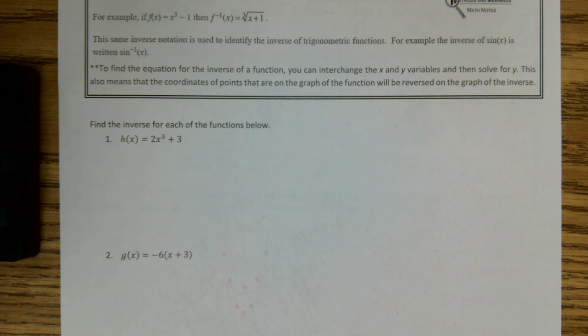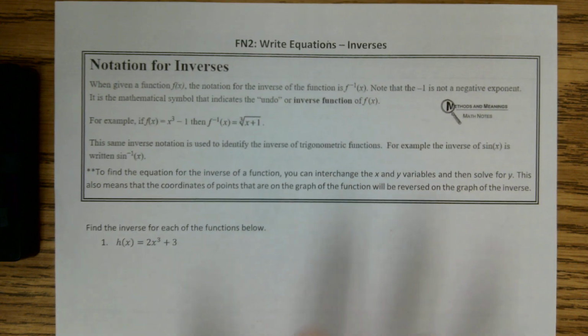Alright, so this is the inverse FN2, writing equation inverses, for the toolkit, page 28 of chapter 5, okay? So, inverses, if you remember inverses from chapter 5, we've been talking about them for a while now. What you should have hopefully realized, again, is that it is the opposite of what we're doing for an expression or an equation in some cases. So, in this case, for the example, they give you the function x cubed minus 1